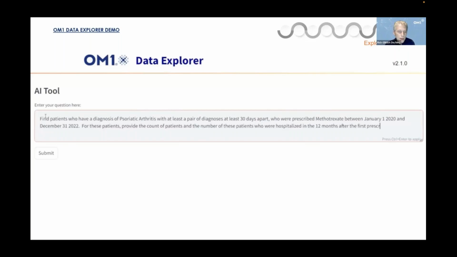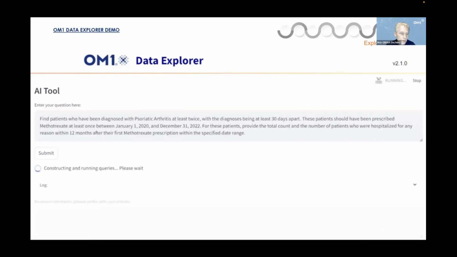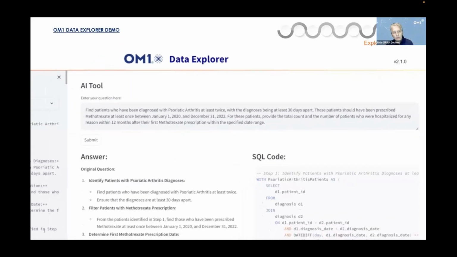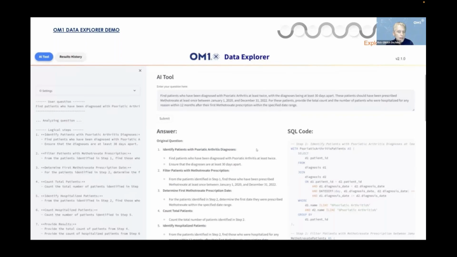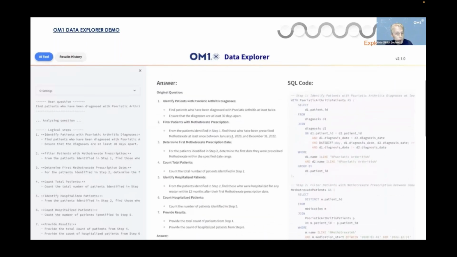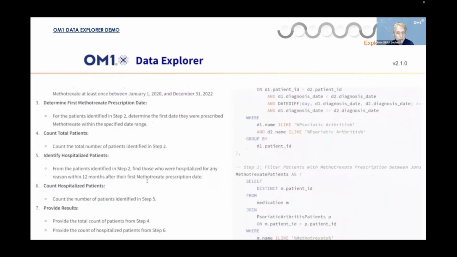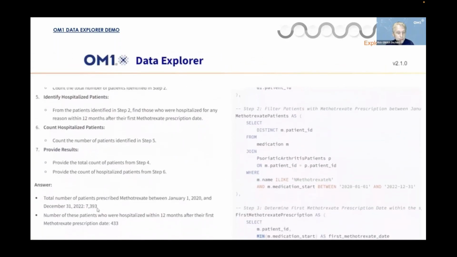And what I'm asking the system to do, just based on my query going against the database, is to give me a count of the number of patients who fit the diagnosis that I'm asking for and who receive methotrexate, and the number who are hospitalized in the 12 months following the first prescription. So let's follow that through. So what happens here is that the query is submitted, and what the system will do is now determine the logical steps of that query. It will disambiguate those steps if it finds that there's ambiguity in how the step is done.